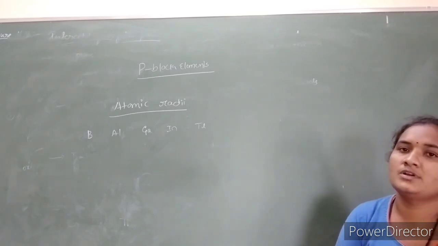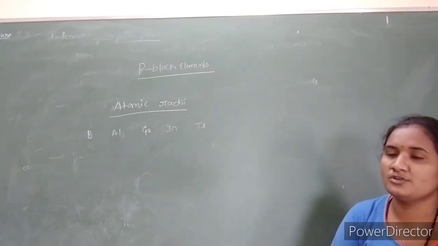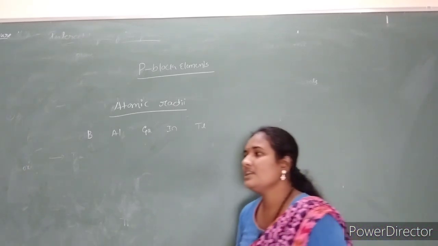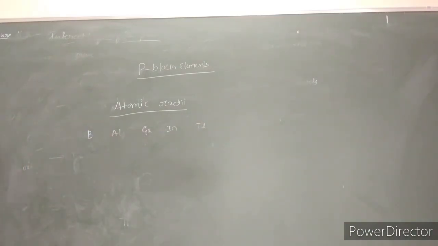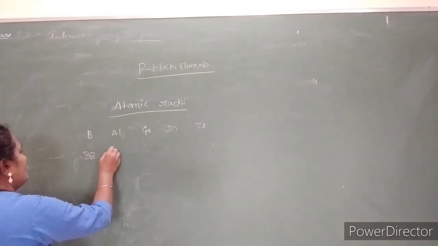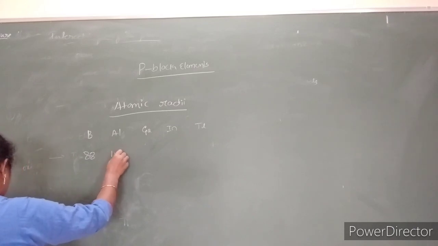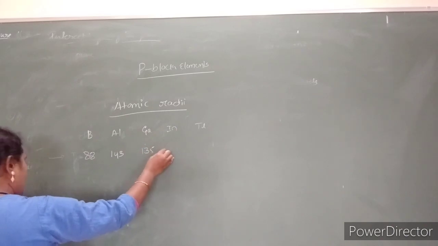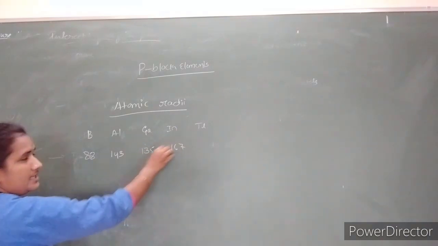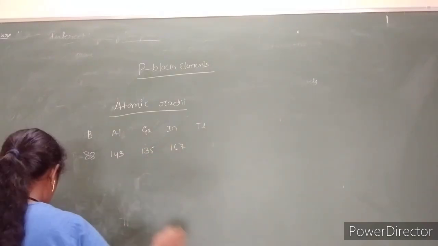But in the case of the boron family, group 13, these show differences in their atomic radii. Boron has an atomic radius of about 88, aluminium 143, gallium about 135, indium 167 and thallium